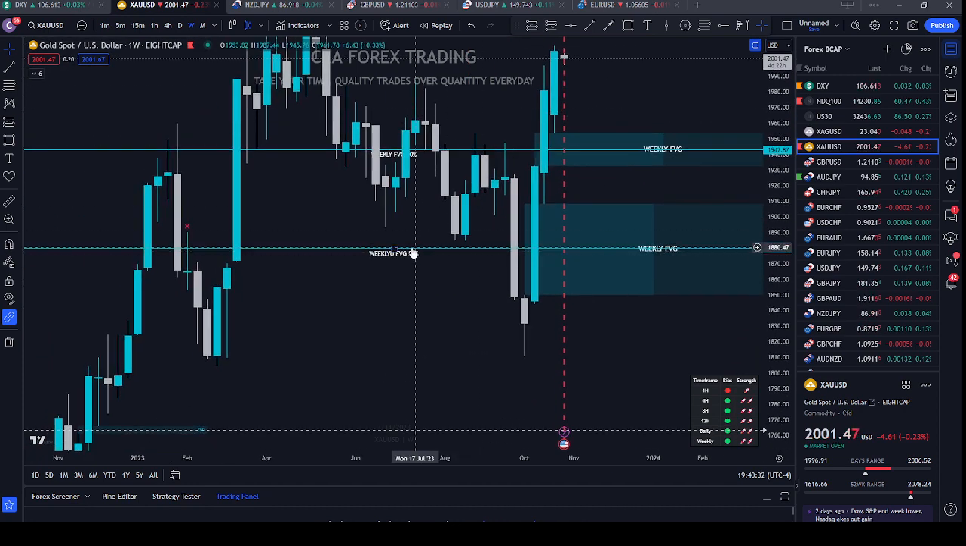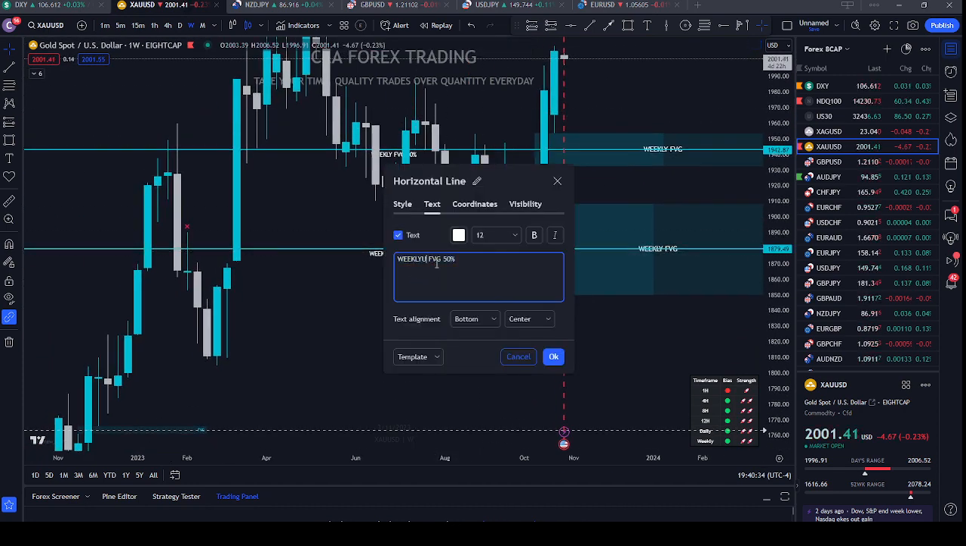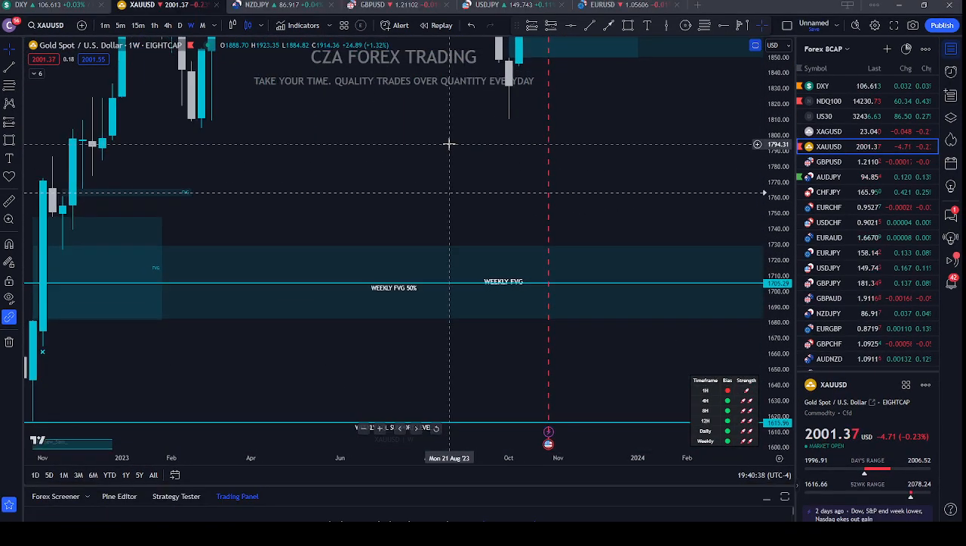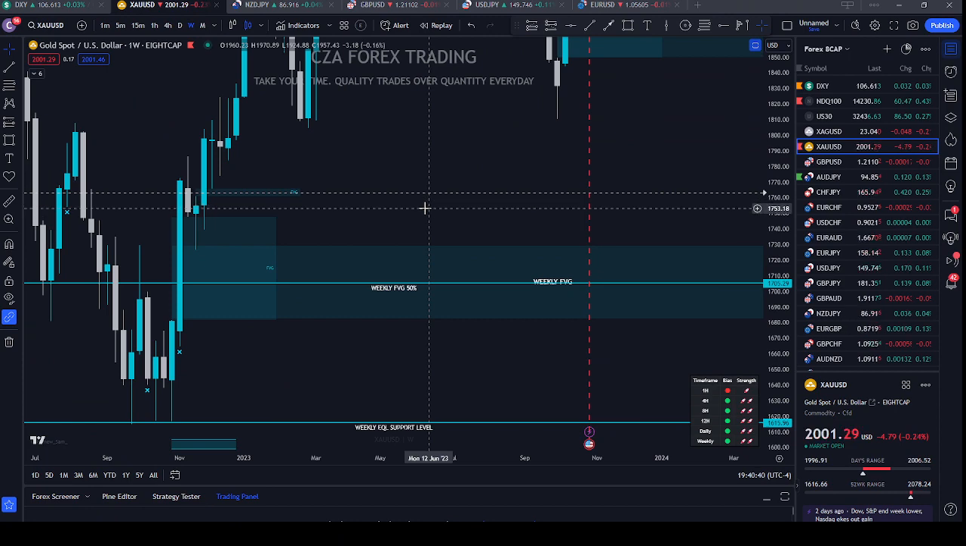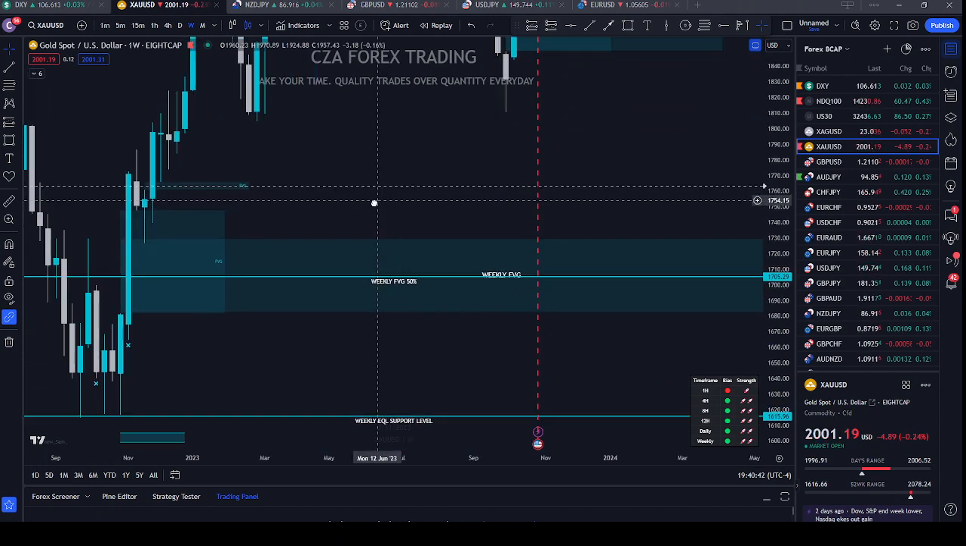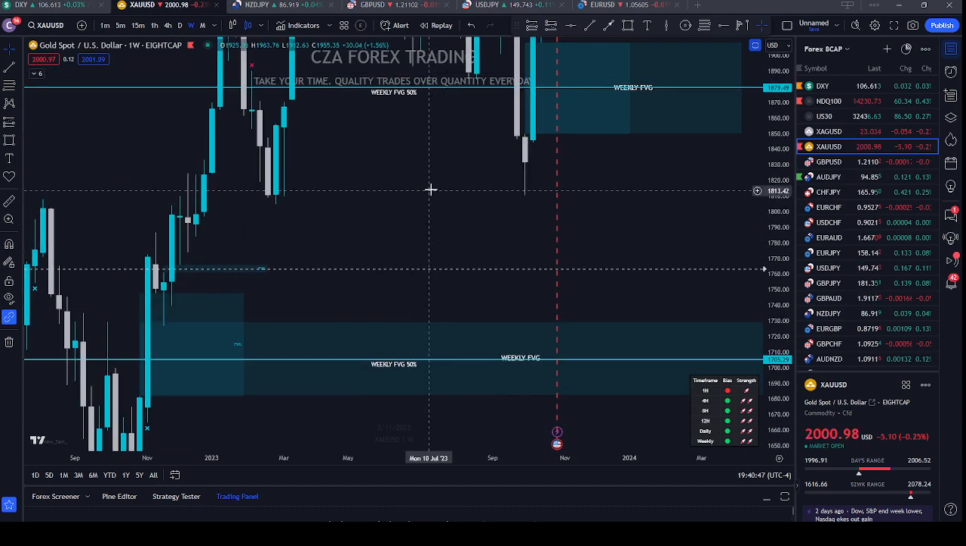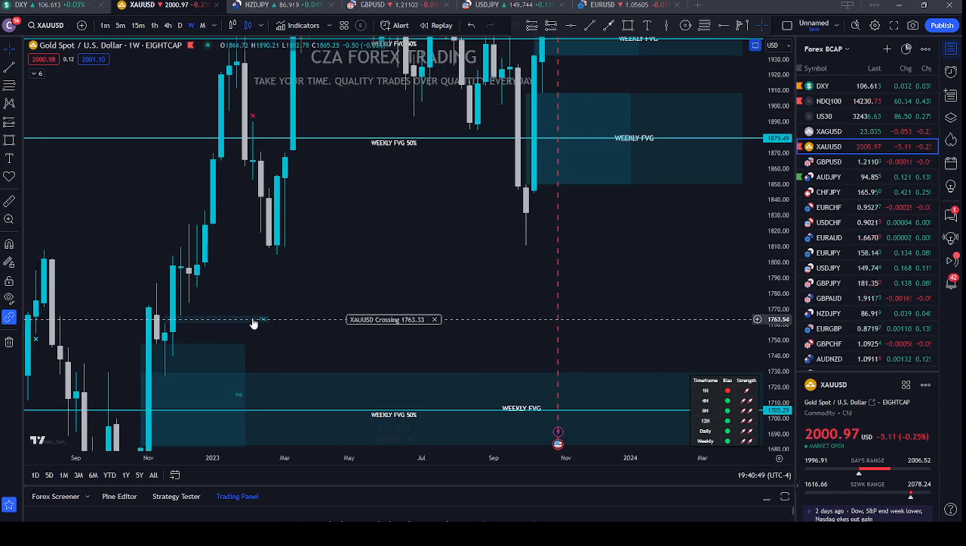We've also identified another fair value gap previously on a lower range. So if some crazy black swan event happens that forces us to go down here, then we're already prepared and we know what to be expecting. We have this little micro one over here as well. Let's identify that. The 50% range on that is